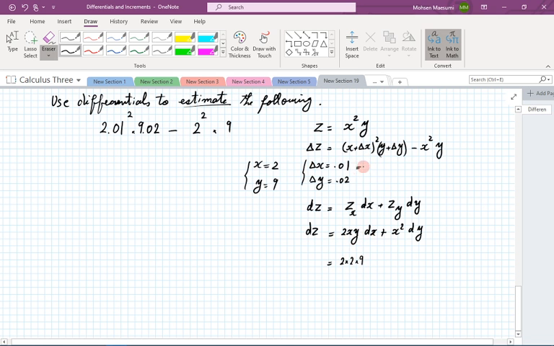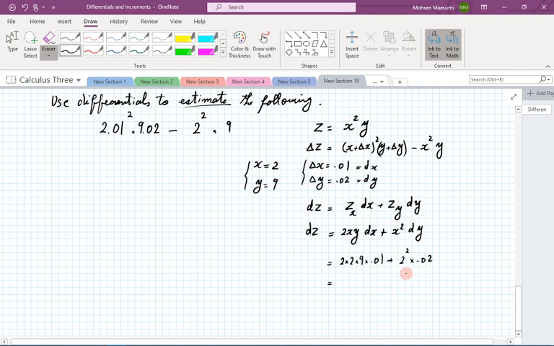The increment and differentials are the same for our independent variables, so dx is going to be 0.01, x squared is 2 squared, and the differential of y is 0.02. Now at this stage you can go ahead and use your calculator to figure this out and report that as your